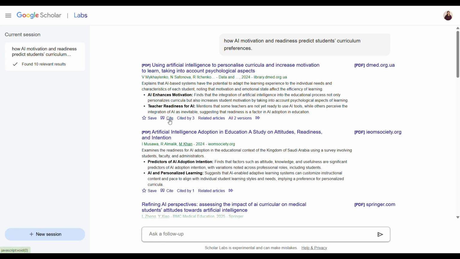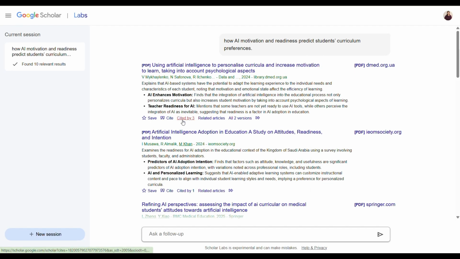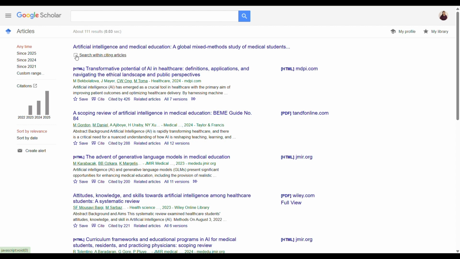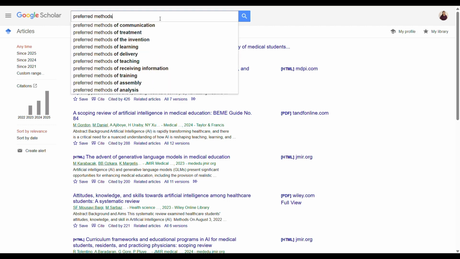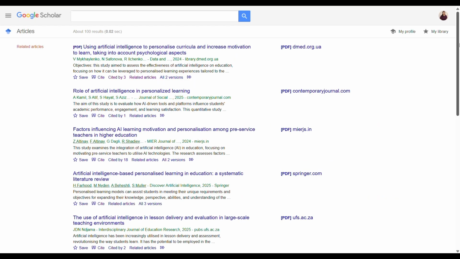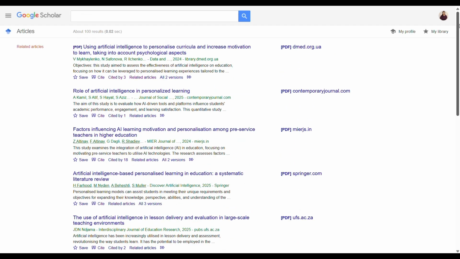Using the cite or quotation marks, you get a suggested reference style which you can copy or download directly to EndNote or RefWorks. Using the cited by, you can find papers that have cited this particular paper, and a high number usually suggests a bigger impact. Here in the cited by, you can customize your search by relevance, by the year, and also create email alerts. Even further, narrow down your search by searching within the cited article.